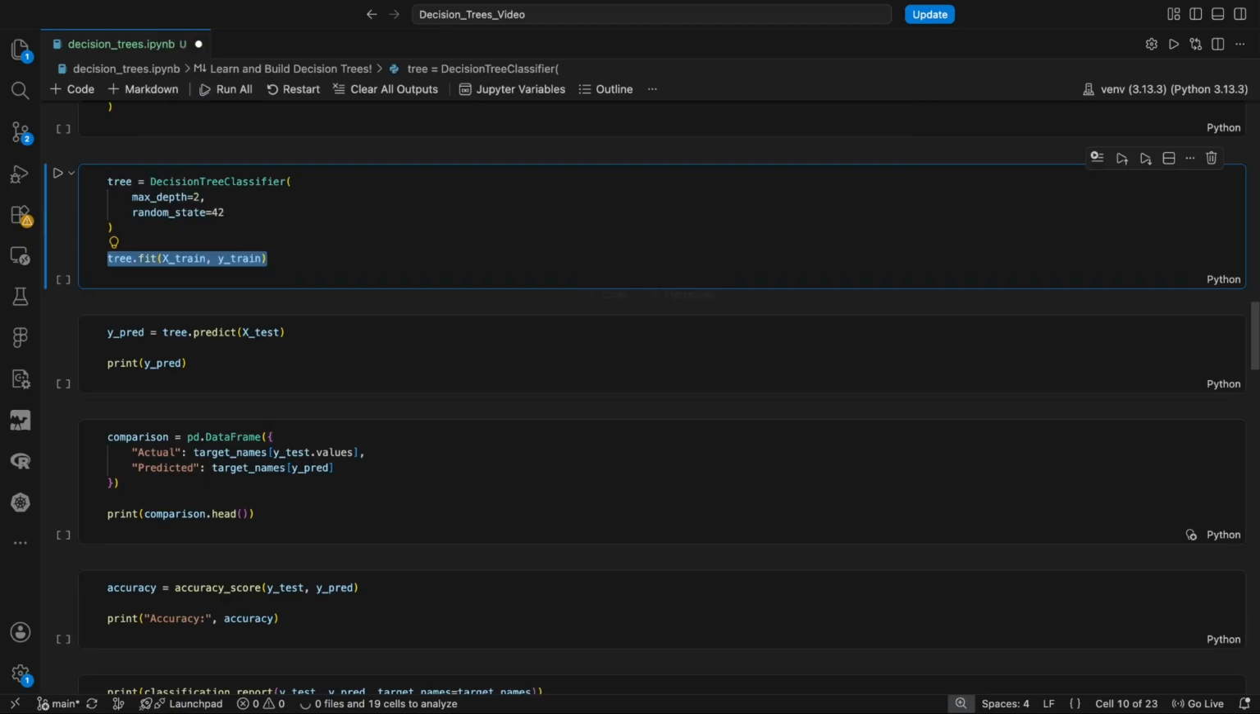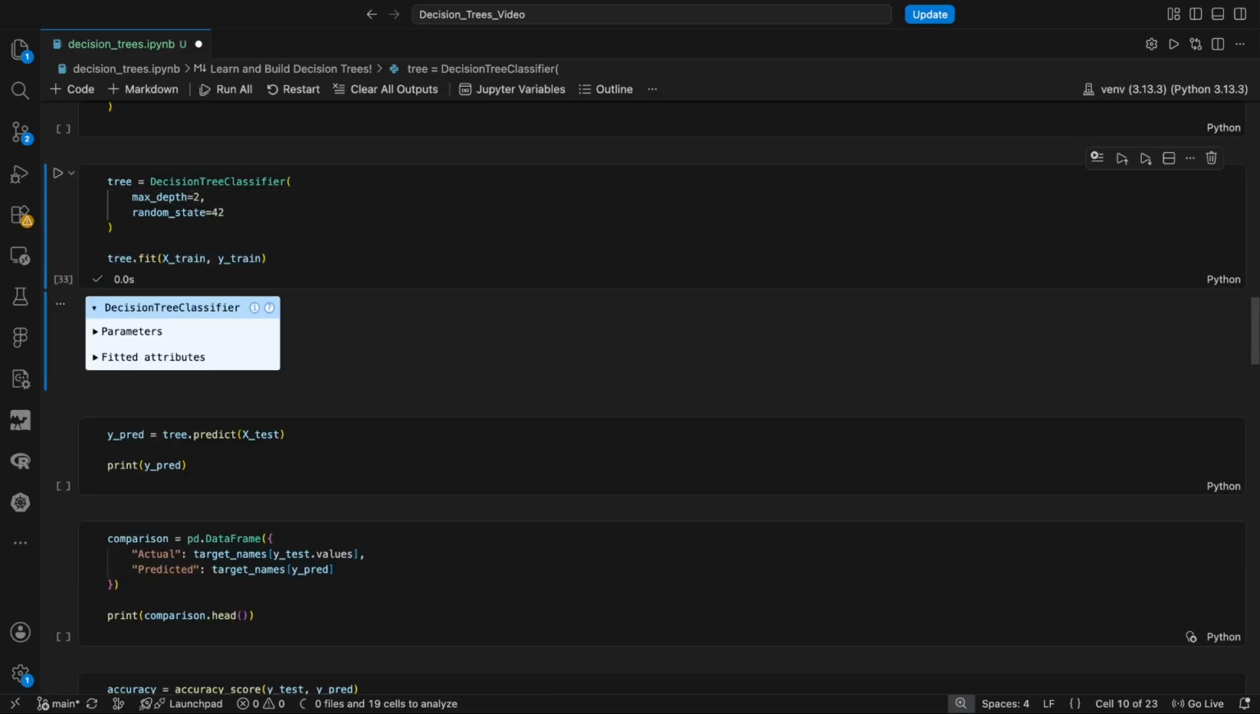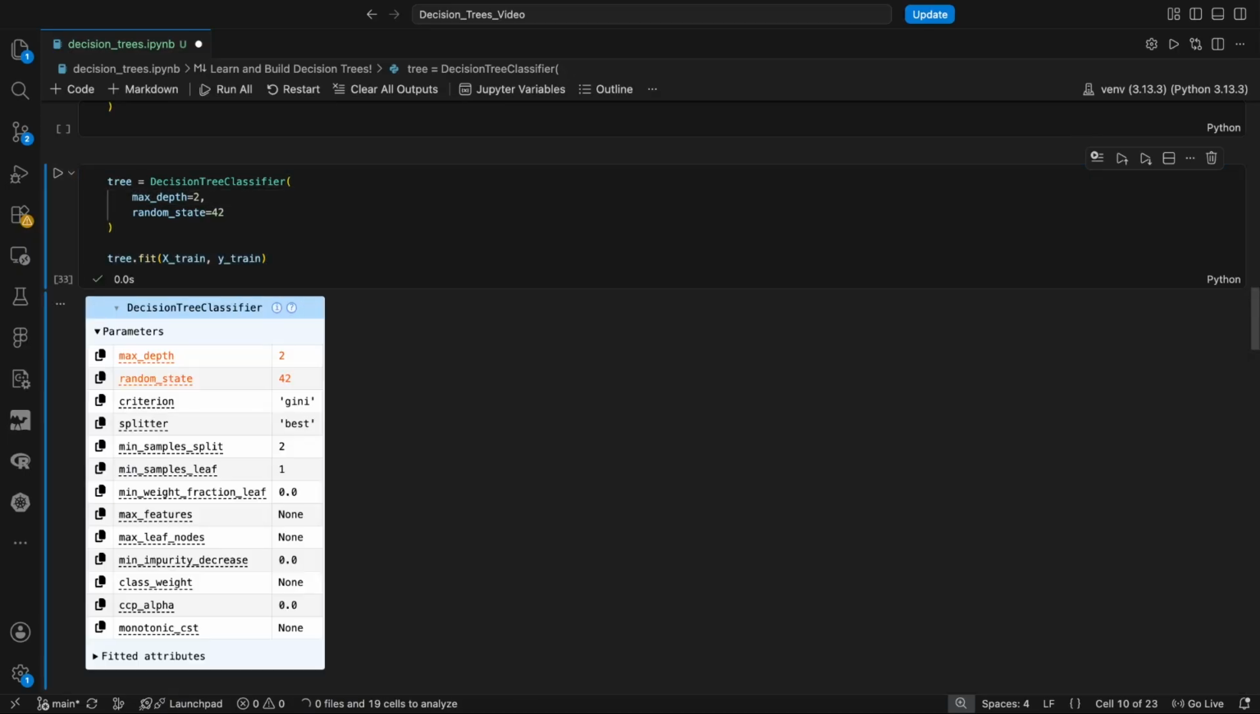The next line here, tree.fit, will train the model. During training, the tree looks for feature thresholds that split the data into cleaner groups. In classification, a cleaner group means most of the examples in that group belong to the same class. Let's run this, and here we get this fun little output here